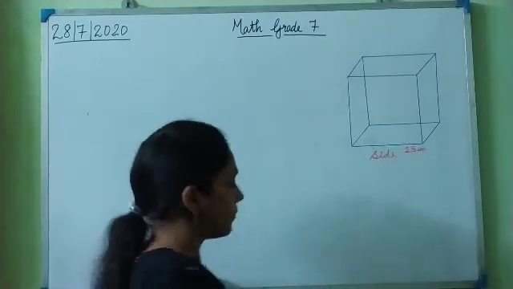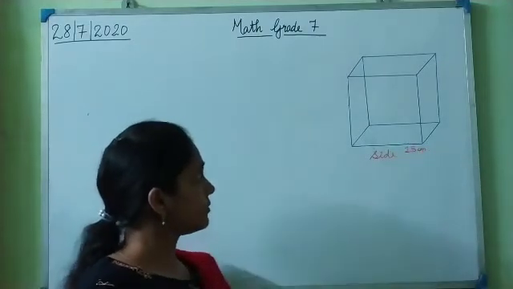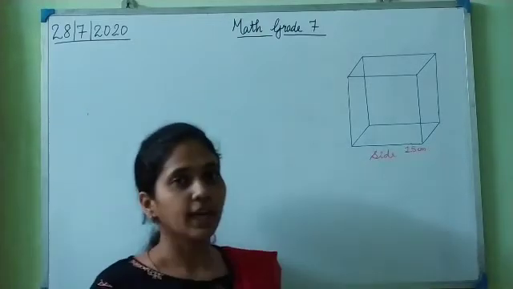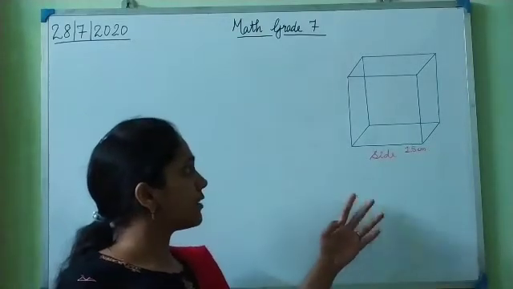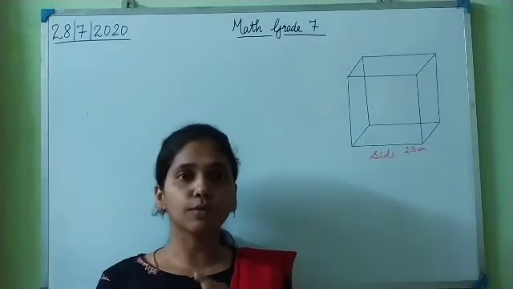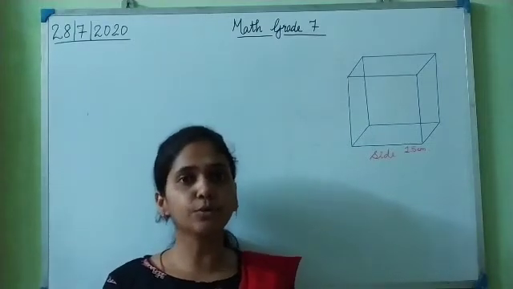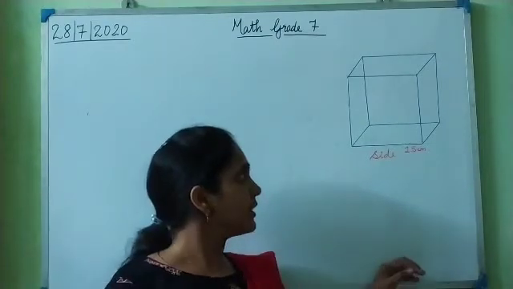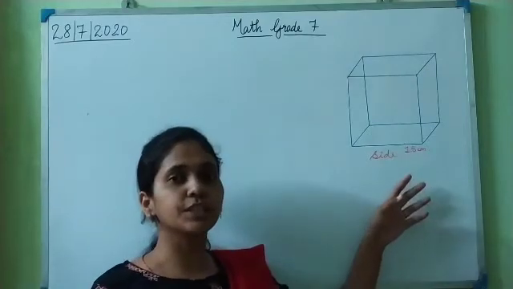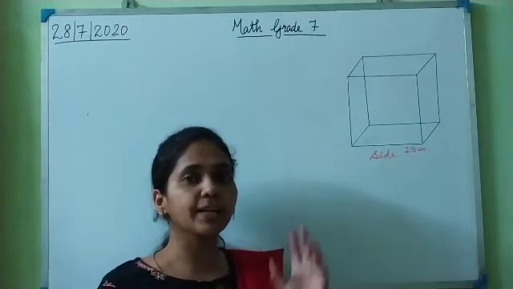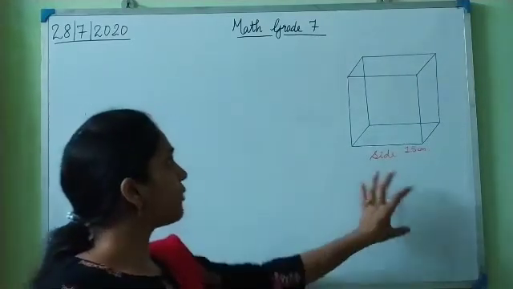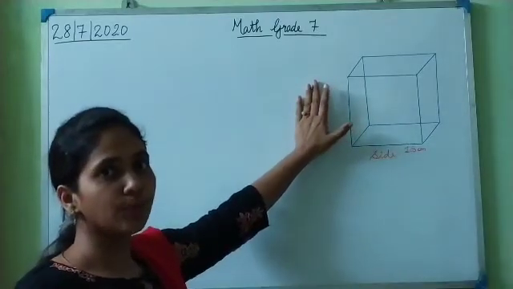Okay, so if I have a given cube, then by using the knowledge of how to find cube and cube root of a given number, there is a formula for the cube which is based on cube and cube root. Okay, so if we need to find the volume of this cube, volume means what?